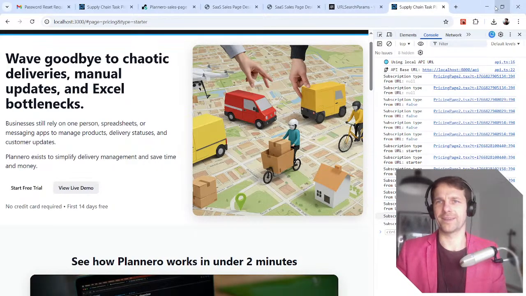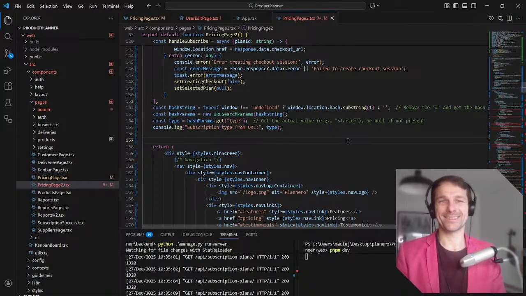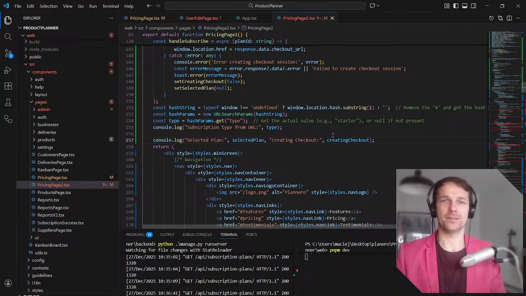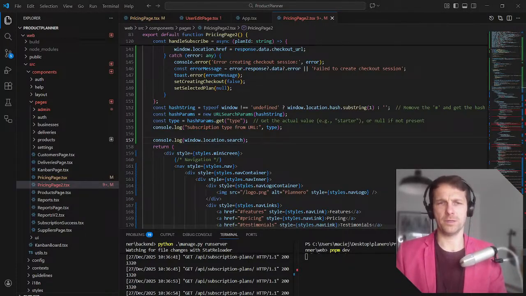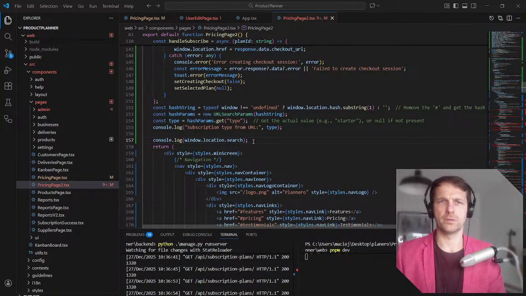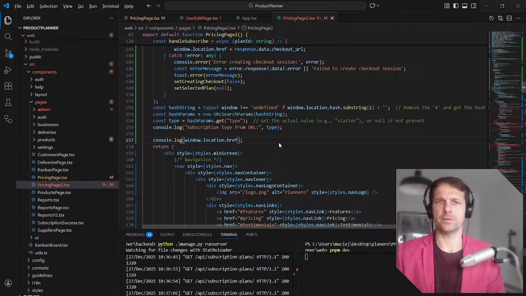Okay, let's just go back again. I just want to know. Let's just console log. What's this project? What's this giving me? Because this should give me some object. Oh no, but this is search. No. Location. Let's go to location.href. Yeah. Okay.